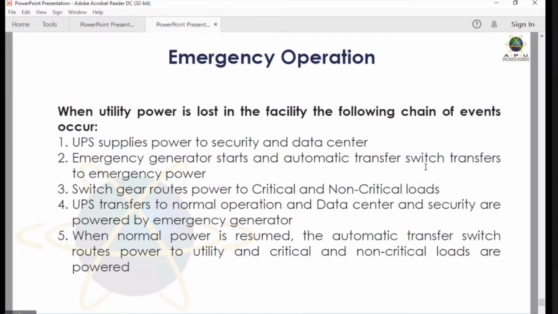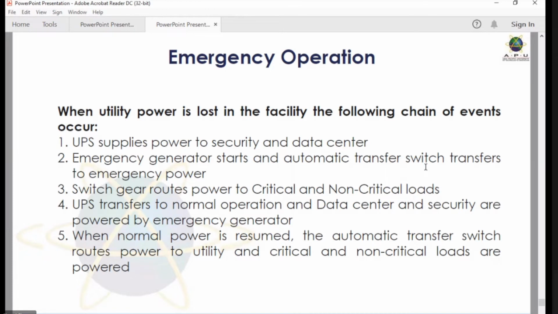Normally we have the UPS time of 20 minutes. Okay, so if the power won't come for 20 minutes, then they will try to start up the generator automatically. If they start the generator, then ATS will transfer the power